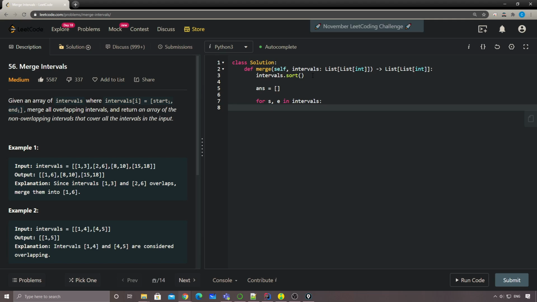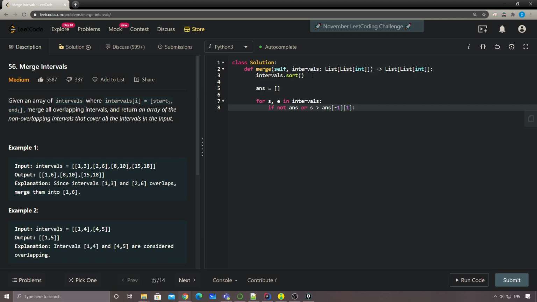So when do we need to append? If the answer is empty, or the start is greater than the last ending time, which is answer[-1][1],